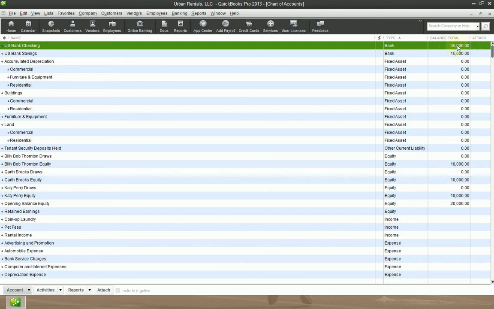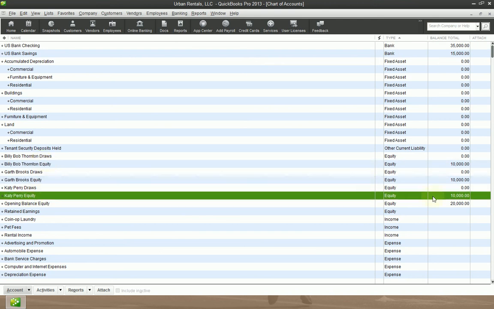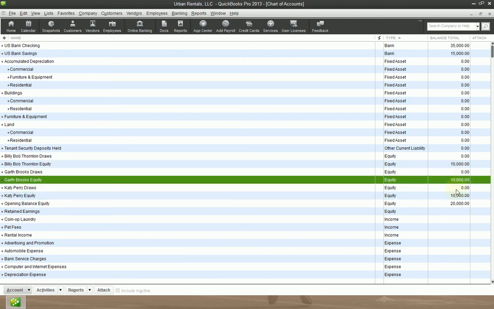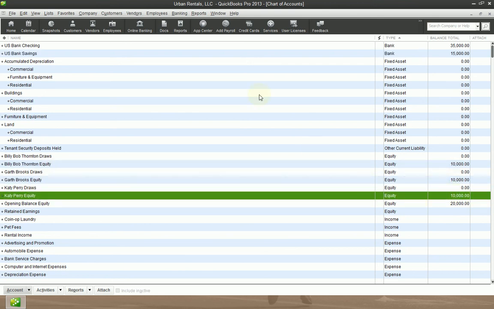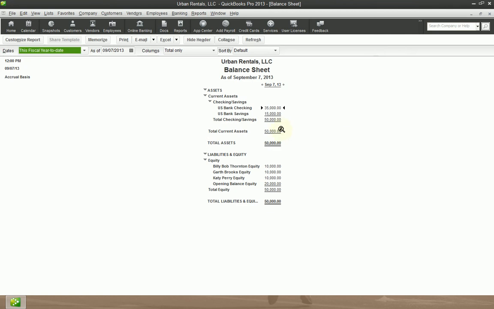And our equity accounts now show that each of these members has made a contribution. So Katie, Garth, and Billy have made $10,000 each, and that's reflected in their equity accounts. If I go up here to Reports, Company and Financial, Balance Sheet Standard, and I hit All, you can see that on my balance sheet, each one of these people is represented, and their total share of the business, as in $10,000, is also represented. So it flows through very nicely,